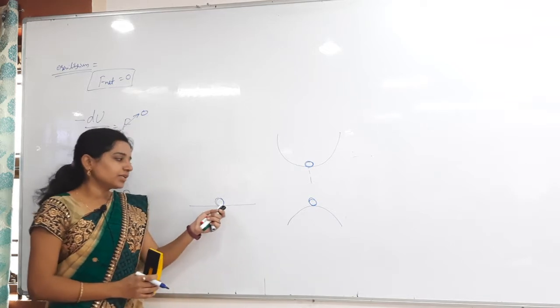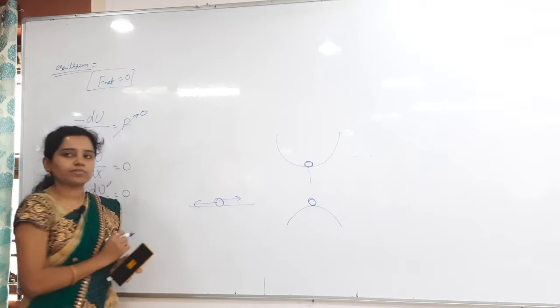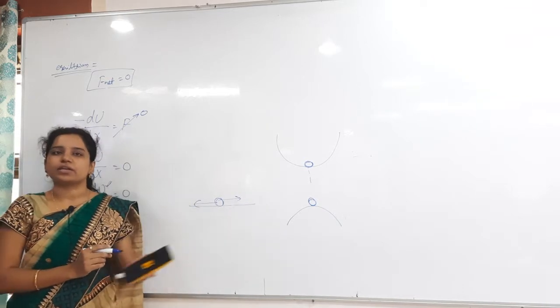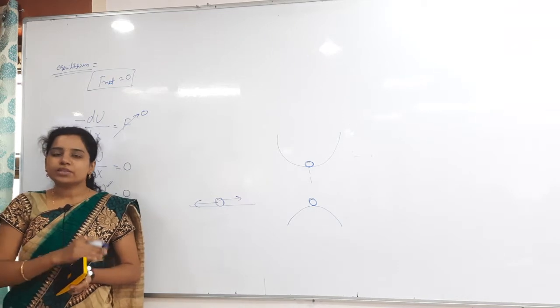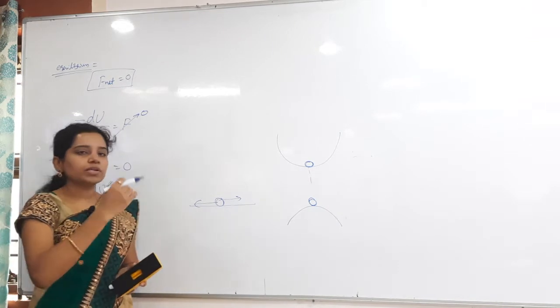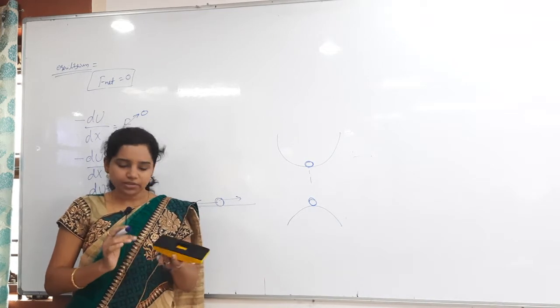Then here, the potential energy is maximum. It might go in this direction or in this direction. Anywhere, same height or different height? Same height. So that is neutral equilibrium. In that neutral equilibrium, how the potential energy will be maximum and how it will be minimum, we will discuss. Okay, write that equilibrium.